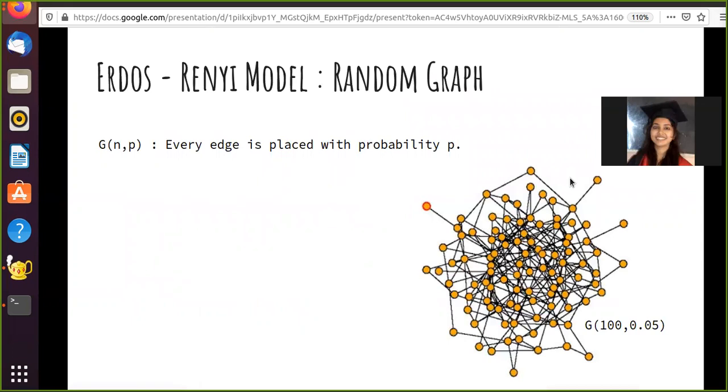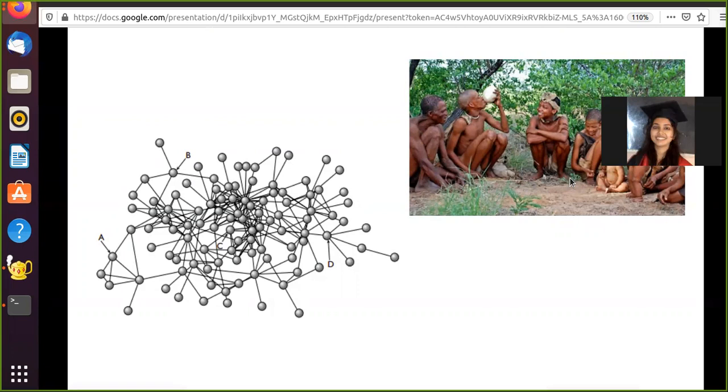You start with certain nodes. Assume that I have 100 students in a classroom, and now with the help of an algorithm, I want to create a network which looks exactly like the network of these people. So I see these people, and I feel that the connections between these people are completely random. So what do I do for every possible friendship in this classroom? If there are 100 students, there are 100 choose 2 possible friendships. So for each of these friendships, I toss a coin, and if the coin says head, I say that yes, these two people are friends. Otherwise, I say that these two people are not friends. And in this way, I create a random graph. So every time you do this exercise, you'll find a different graph, and all of these will be random.